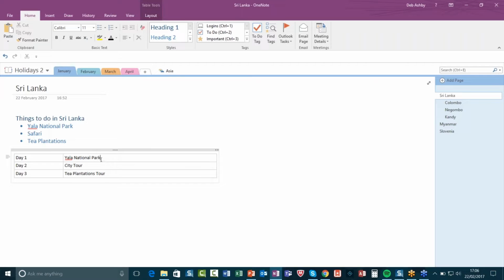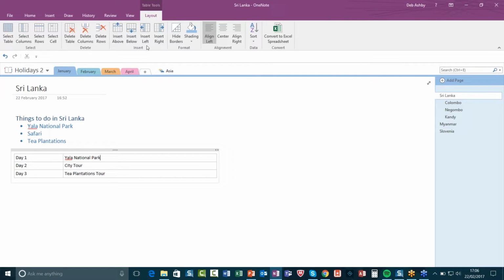Now when I'm clicked in the table, and this is a concept you're probably familiar with from Word, you get your table tools contextual ribbon appear at the top. So if you glance your eyes up to where we have our ribbons, you'll see we have table tools appear, and when we click on layout, we have all of the options available to us for manipulating and formatting that table. And again, not quite as many options as you'd have in those other applications, but we do have basic